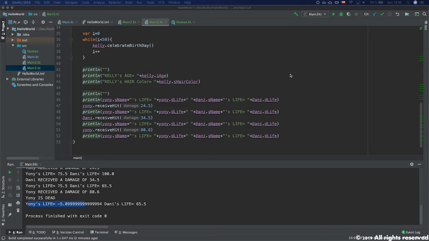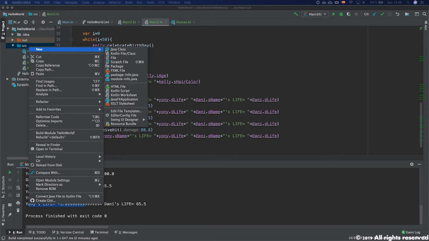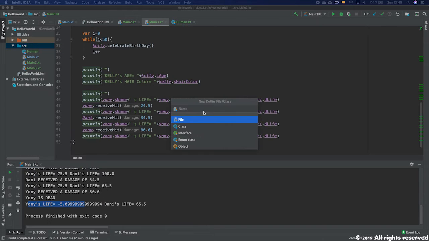You have to understand that many times we want to create a hierarchy of classes in which human is, for example, a very basic class, but then we have subclasses which inherit the same attributes and add their own attributes. For example, if I want to create a new class, again, always of type Kotlin,